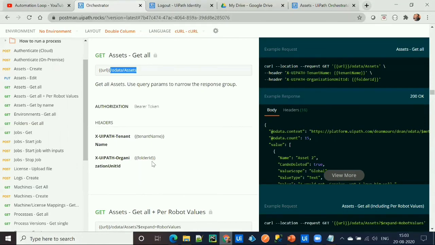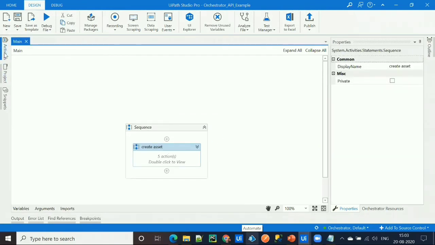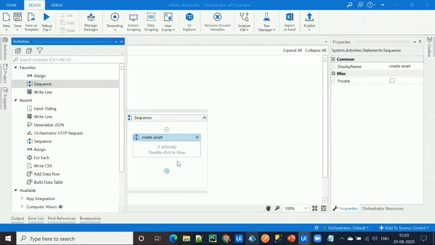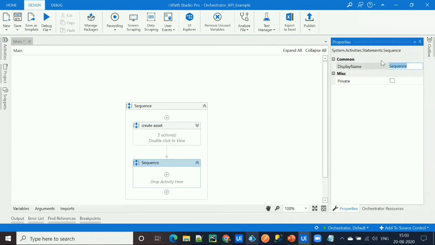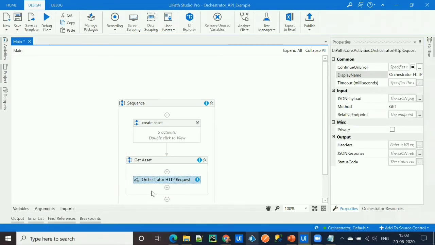So let's go ahead and create a sequence to get all the details available on our orchestrator. So simply I'll collapse this sequence and I'll drag one more sequence to get all asset. Inside this sequence, I'll drag the orchestrator HTTP request activity. The method for this API call will be get.